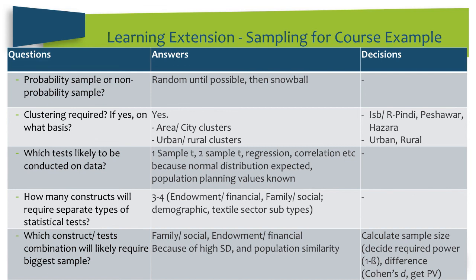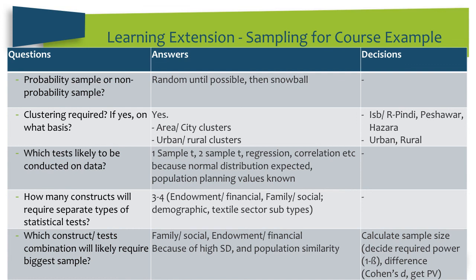I'll do correlation as well because I'll be comparing the demographics, the age, the financial strength, etc., of the woman with her ability to sustain her business. So I'll require correlation as well. Maybe I'll require some more tests as well. And why? Because I'm expecting normal distribution. All these tests are done on normal distribution, and population planning values are known, as I just said, that there are a lot of studies and there's a lot of SMEDA data from where I can get